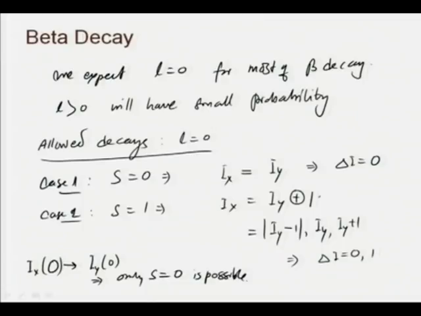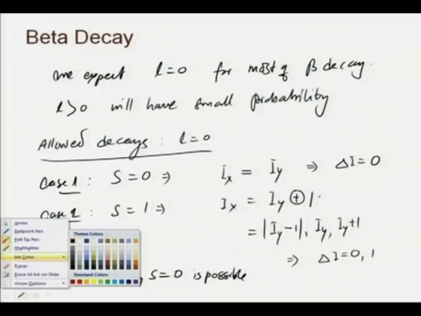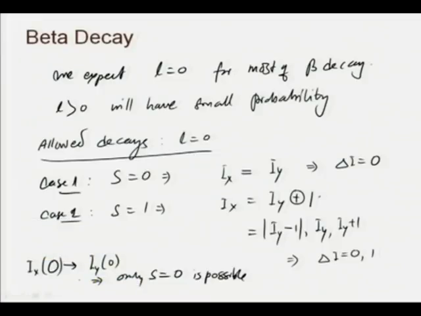Okay. So, if it is S equal to 0 transition, we will call this a Fermi type, and if it is equal to 1, we call this a Gamow-Teller type